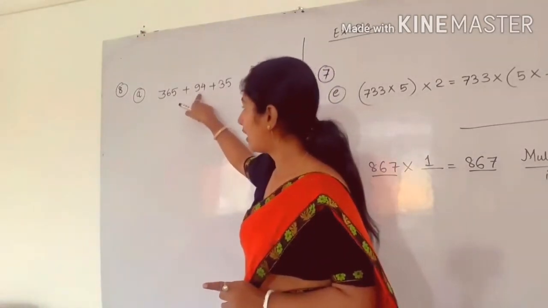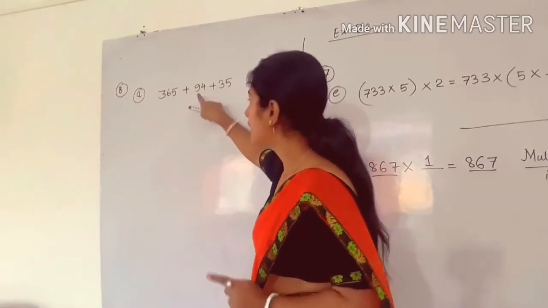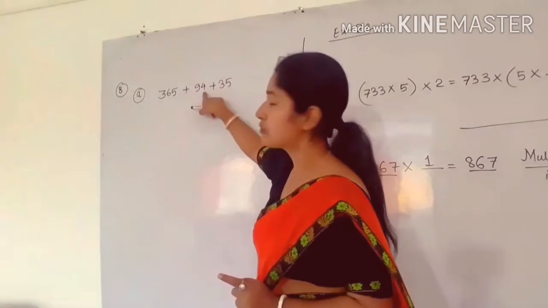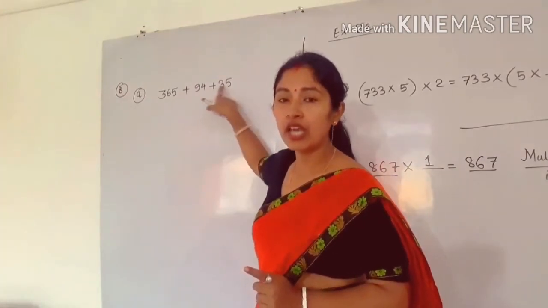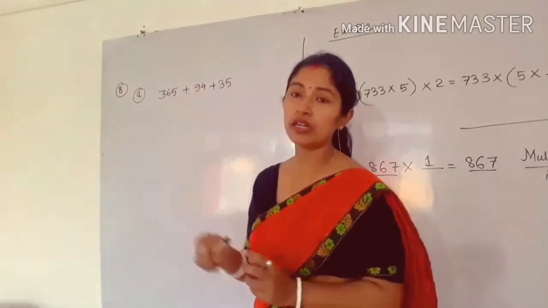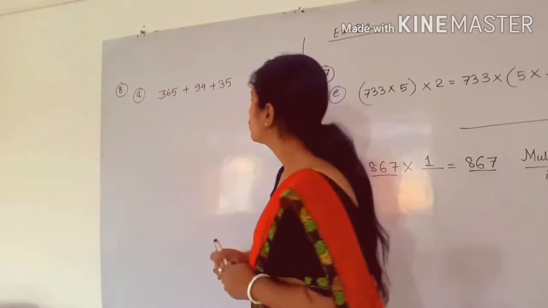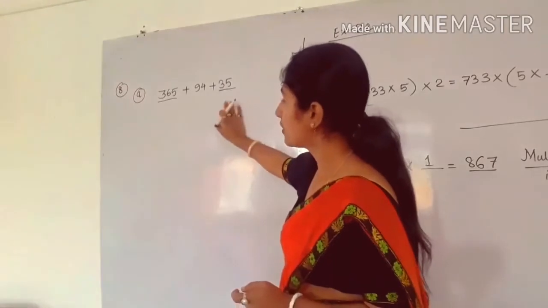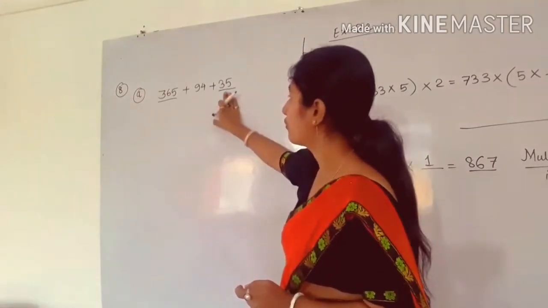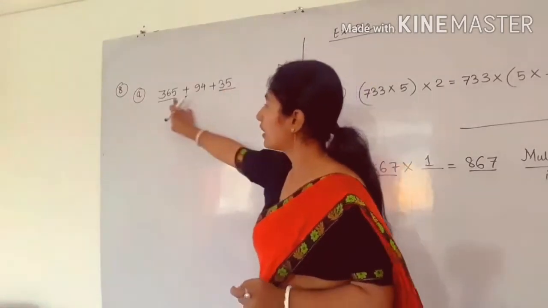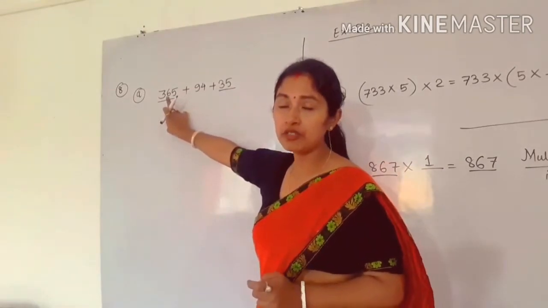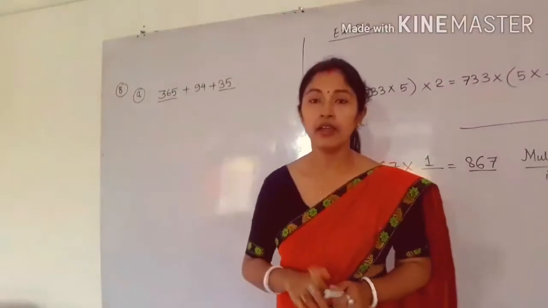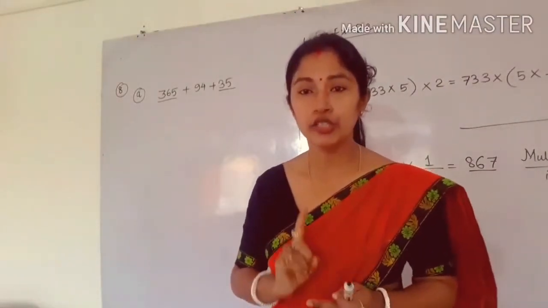So we will not add those two numbers. Similarly, check 94 and 35. In 94 and 35 also, 4 and 5 are present in the ones place, so if we add the two numbers, we will again not get 0 in the ones place. See the third possibility: 365 and 35. Here the ones place is 5 and here also the ones place is 5. That means you have to add these two numbers first. Here 5 plus 5 will become 10, and in 10 the ones place is 0.